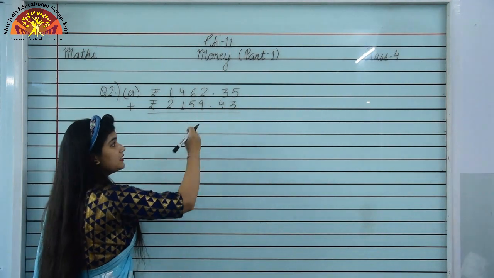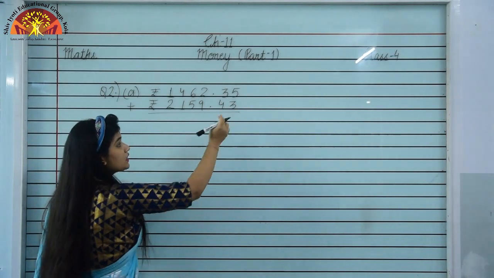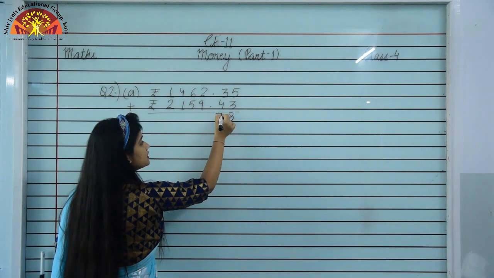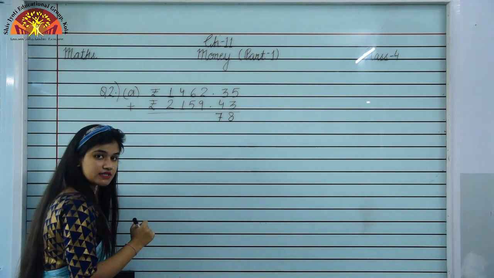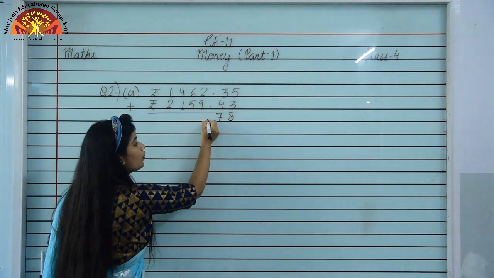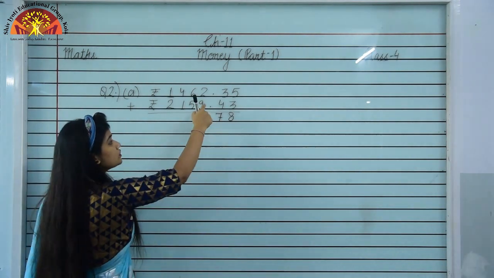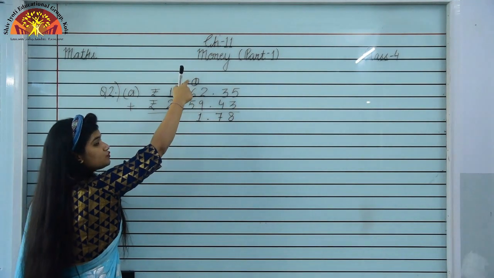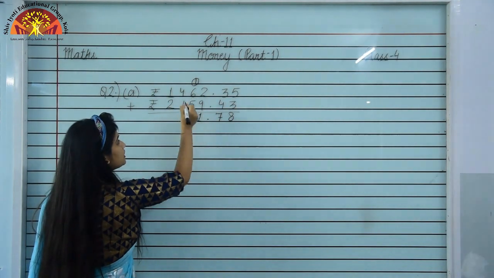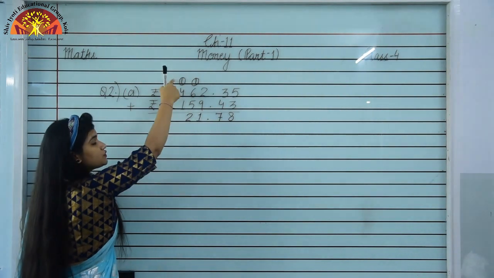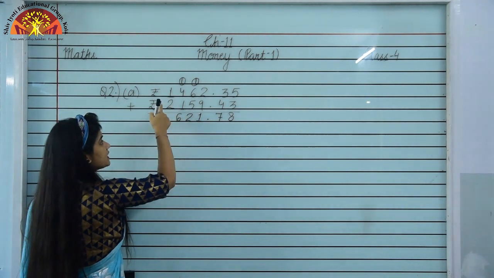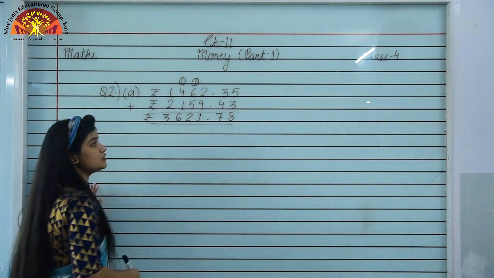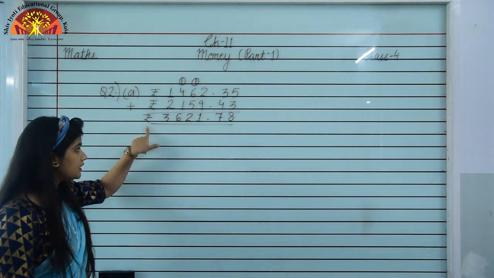So we have to add these numbers simply, as we can add 5 plus 3, 8, 4 plus 3, 7. Now we can see a decimal point is coming, so we have to put a point in the answer also. Is it clear, students? So 9 plus 2 will be 11, carry over 1, 6 plus 1, 7 plus 5, 12, 2 carry 1, 4 plus 1, 5 plus 1, 6, and 2 plus 1 will be 3, and this is the addition of these two numbers, and the answer is rupees